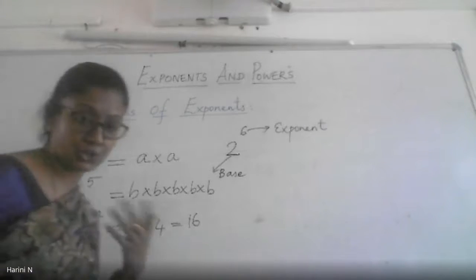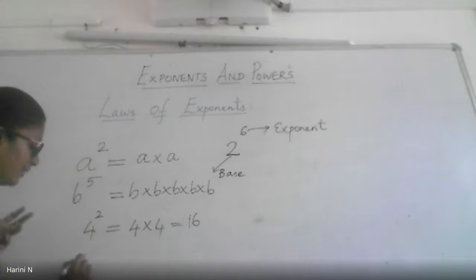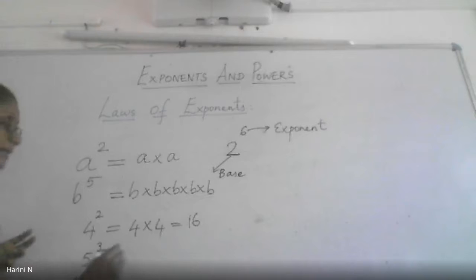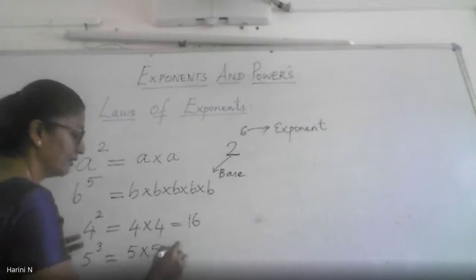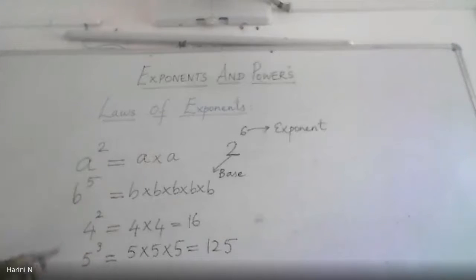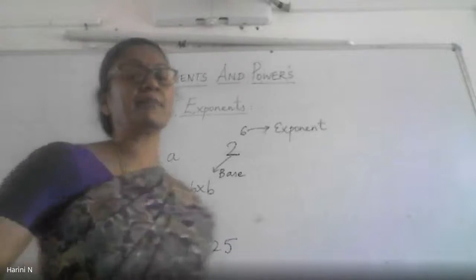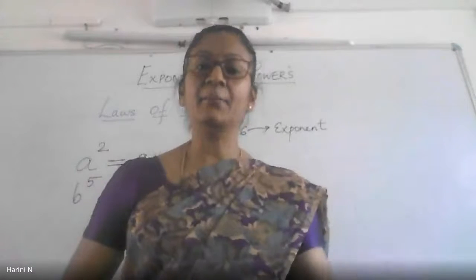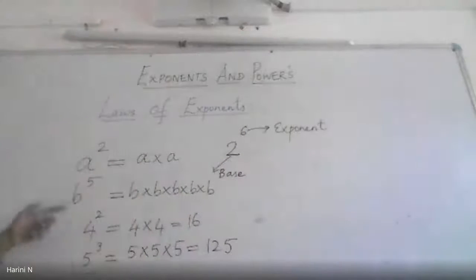Similarly, when we were talking about the cubic numbers, say we had 5 cube. 5 cube means 5 gets multiplied 3 times, which is nothing but 125. So 125 is a cubic number which can be expressed as 5 to the power 3 or 5 cube. So this is what we know about powers. That is, a number when it is multiplied with itself any number of times, the number of times it is getting multiplied was called the power of that number or the variable that we were having in algebra.